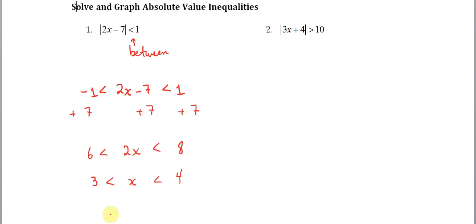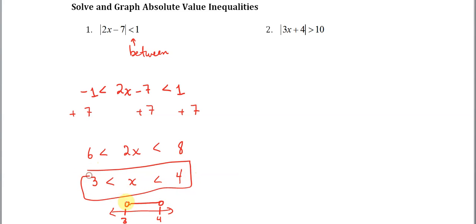So to graph this inequality, you have a number 4 here, and then you have a number 3 here, and it's a strict inequality, so we're going to go with the open circles. Okay, so this is my solution, my algebraic expression of the solution,